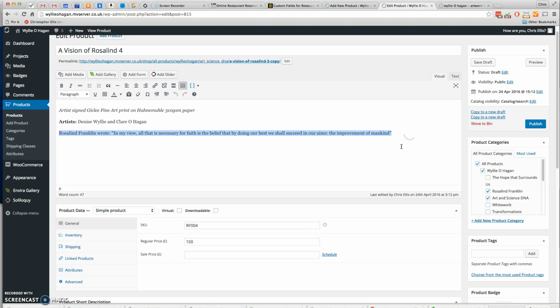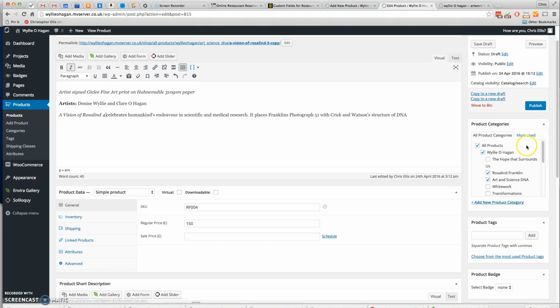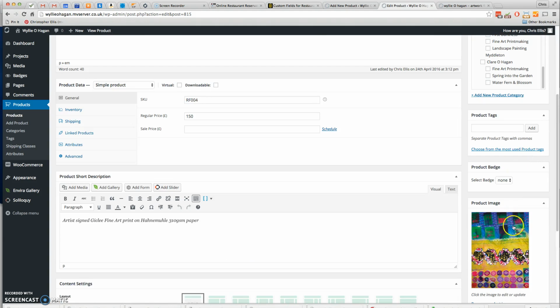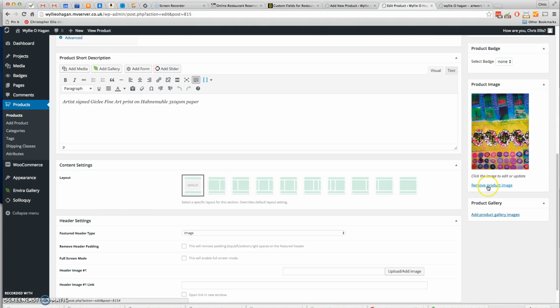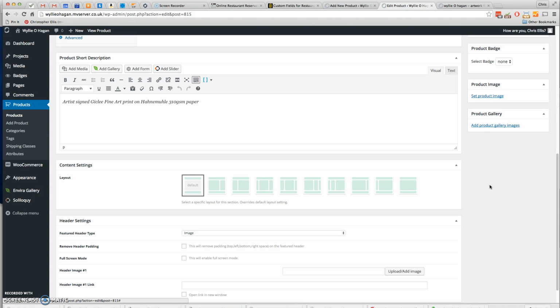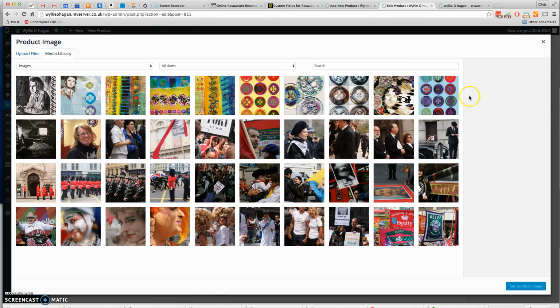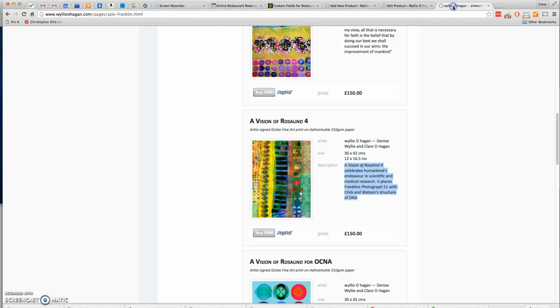So all I have to do is change the description. Yeah, and one thing that isn't the same is the image, of course. So I'll remove the product image and then set the product image and just check what that is. It's that picture,